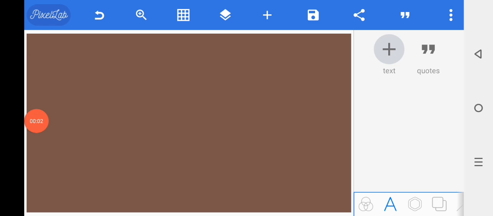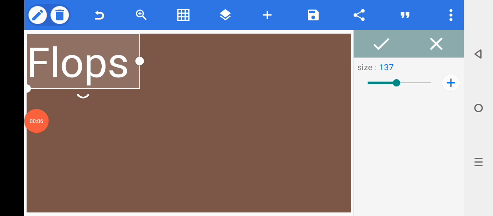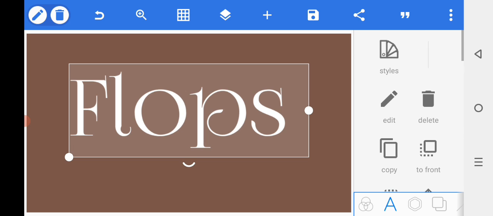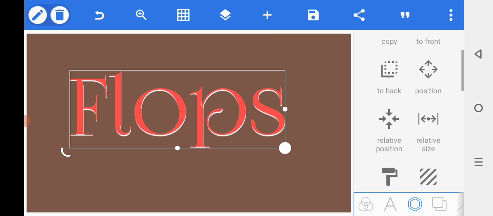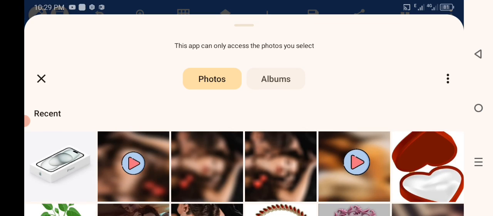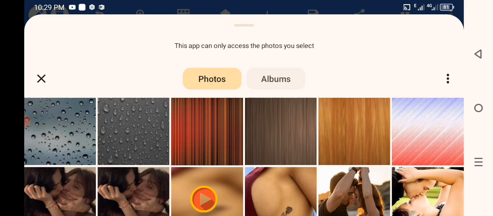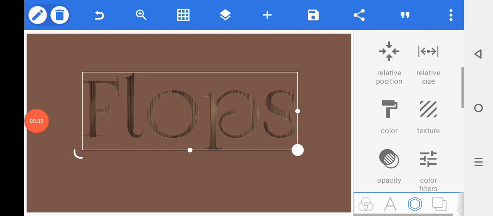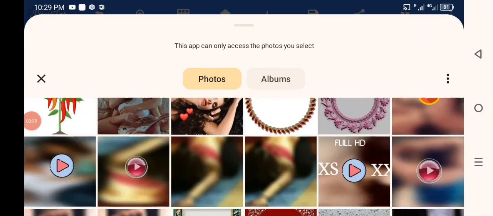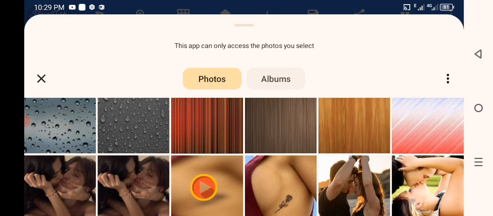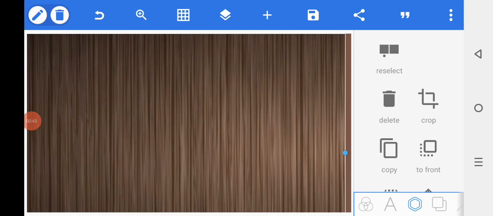Do not skip. Open the Pixel Lab, select the text, edit by writing, size the letter, font of letter, duplicate the letter, change the color, select the texture, go to the gallery, select a color, then select the import button, go to the gallery, select another color, to back the color,